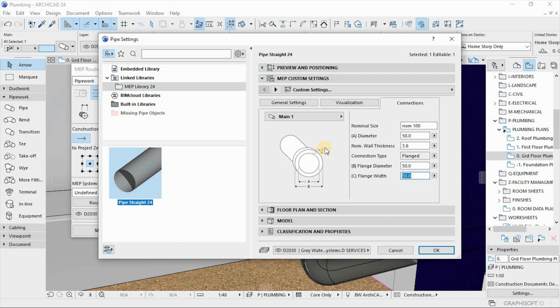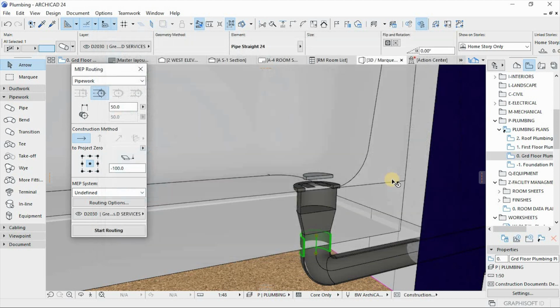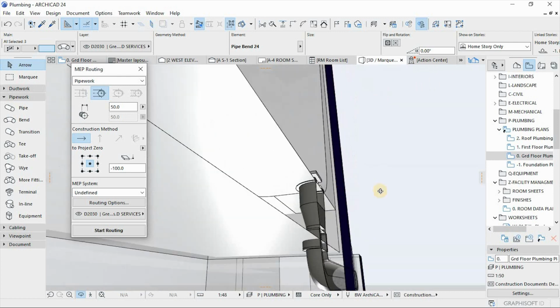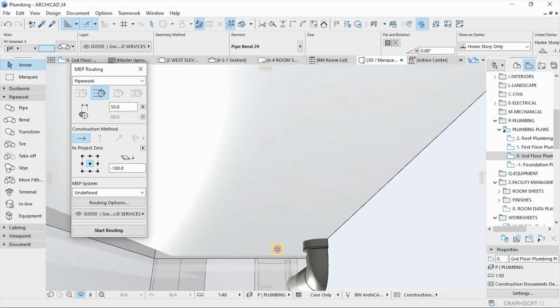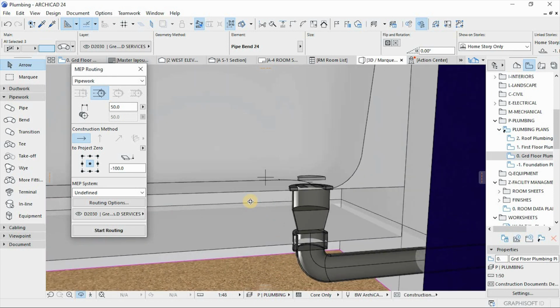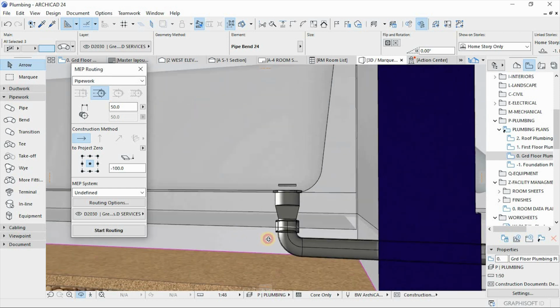Flange width is C, and then B is the diameter of the flange, which is supposed to be bigger than the pipe diameter. So what I'll do, I'll change this one to 65, like so. Then okay, so that we can have something like that. On this side it will show like this. Perfect. And then now we are sorted with the